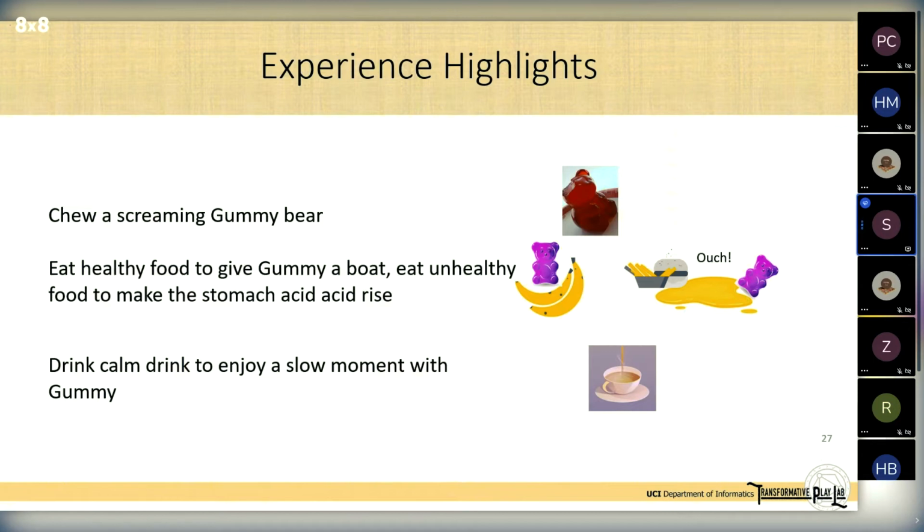After this stressful crossing, Gummy urges the reader to consume their calming drink and enjoy a slow moment with him. And in this way, the story goes on. Gummy travels through various organs like the spleen, blood, heart, bowels. He comes across different obstacles, and you can either help him or hinder him based on what you consume. And eventually, Gummy finds his way out of the body.